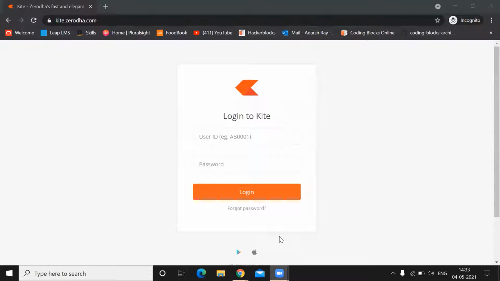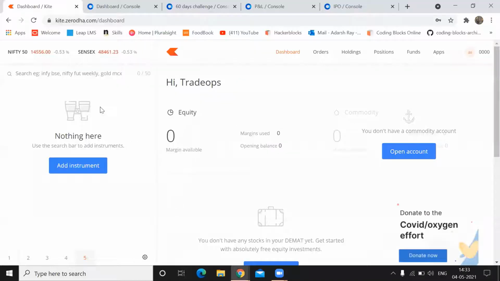So basically you can see here, this is the main front page, and this is the URL of the page. So you need to log in to this page. Once you are here, you need to enter your login credentials and password. After this, you'll be prompted for a user ID, the ID which you would have set. That's a multi-authentication page where they ask for a PIN. So you need to enter that, and once it's done, you will be redirected to the home screen. This is the dashboard.